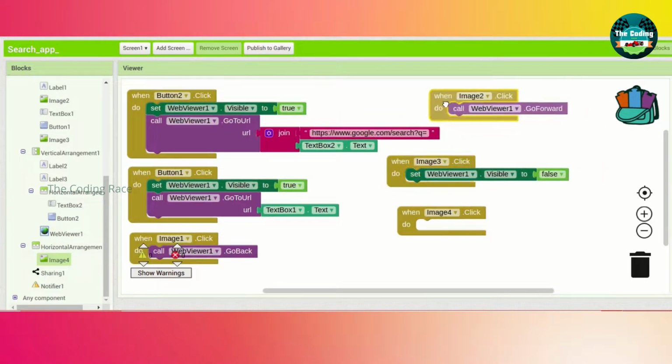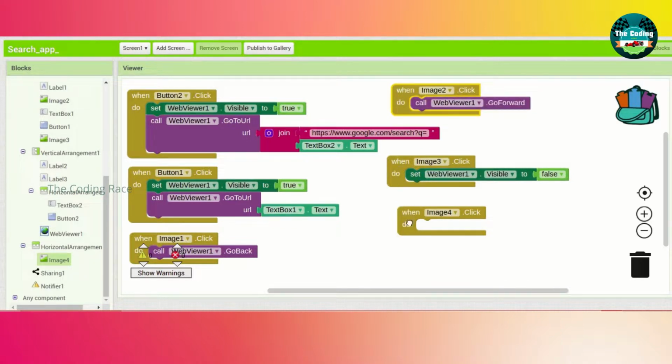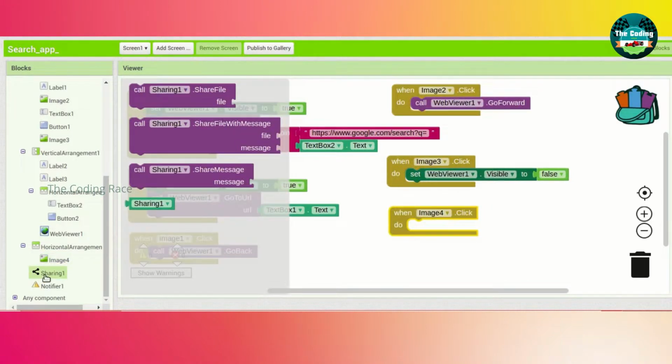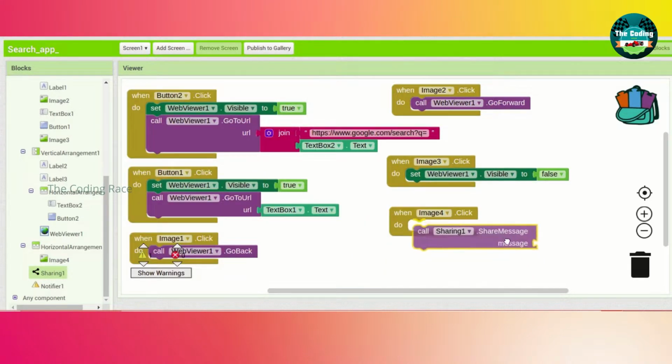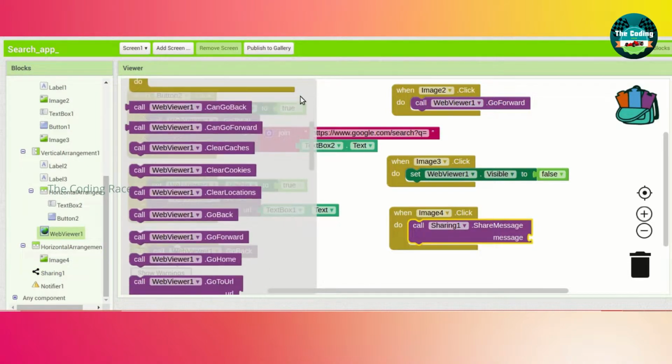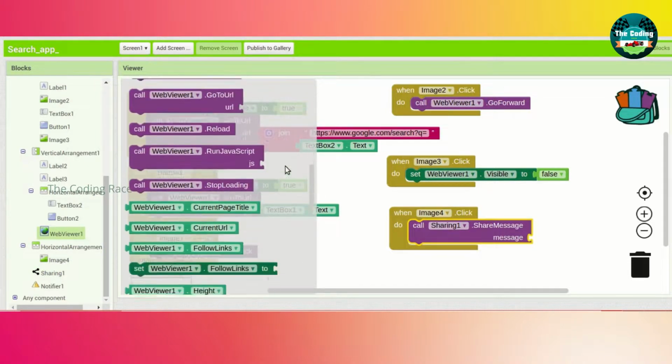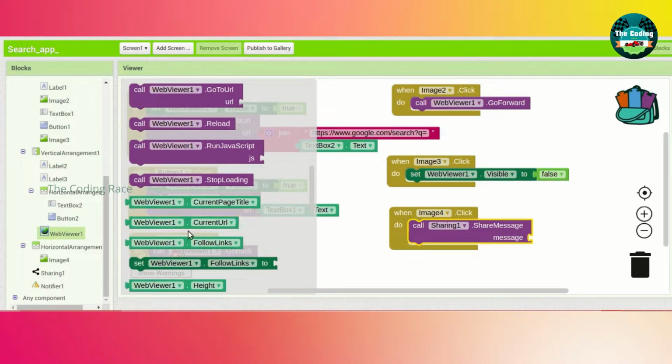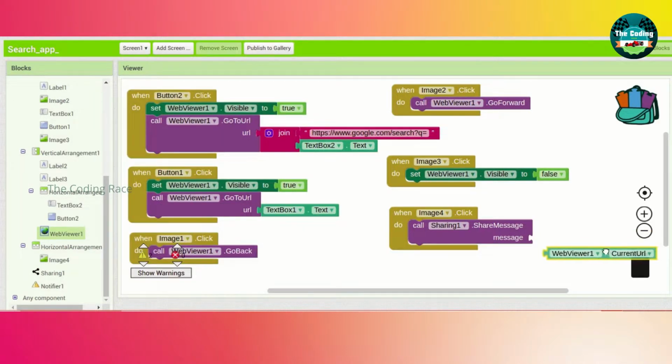So go to blocks section and get image 4 dot click. Okay, here we want to add: go to share 1 and drag and drop this call share 1 dot share message.